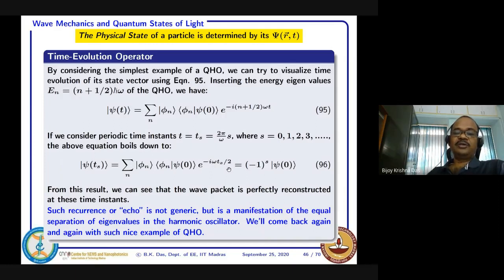So that value, if you just see, now s is increasing from 1 to 0, in a discrete way. So that actually comes to (-1)^s psi 0. So what does it mean? That this function is now becoming independent of n. So that means this is independent of n, and you are summing over n. That means all the components will have this common factor. For that particular instant of time, it is not always.